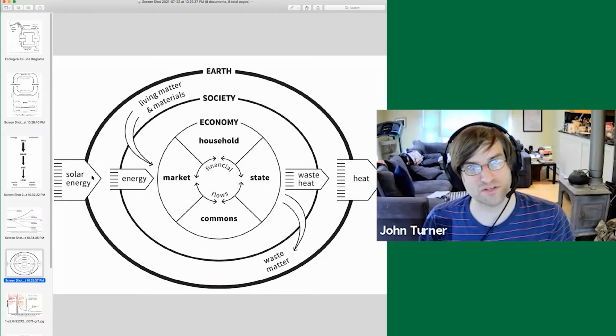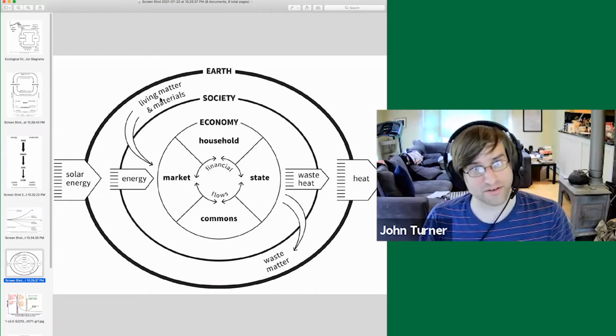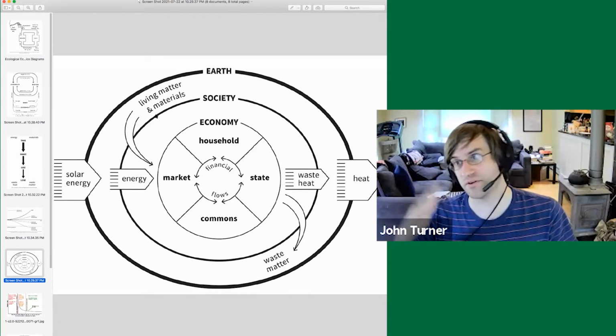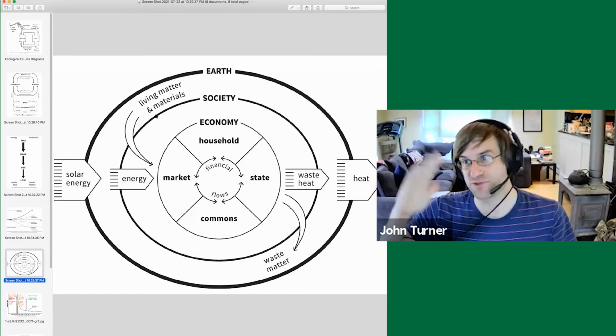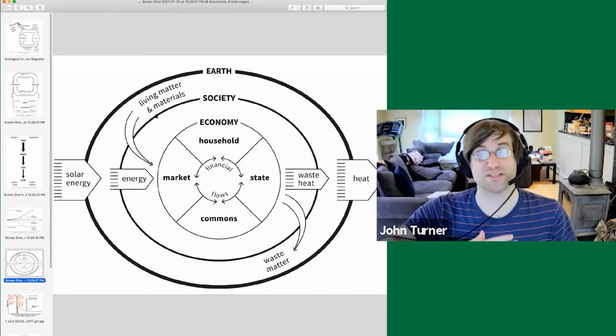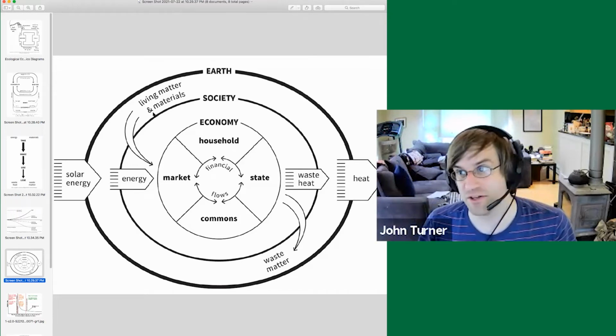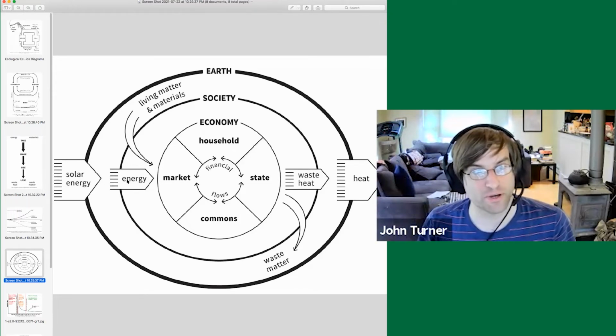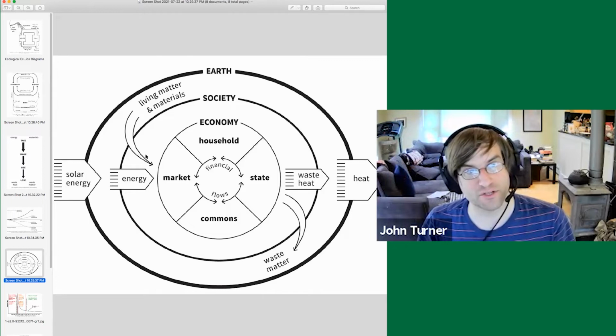And the biggest shell here, Earth, receives a great deal of solar energy. Solar energy is converted into living matter. And there are also pre-existing materials, so you're talking about solar or energetic processes that go way, way, way back to the formation of the Earth. But this energy and the materials that we draw from living matter or from the Earth's crust are inputs. Our society figures out ways to turn those into something else.